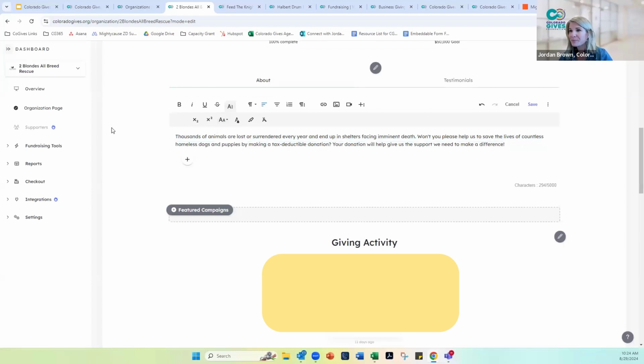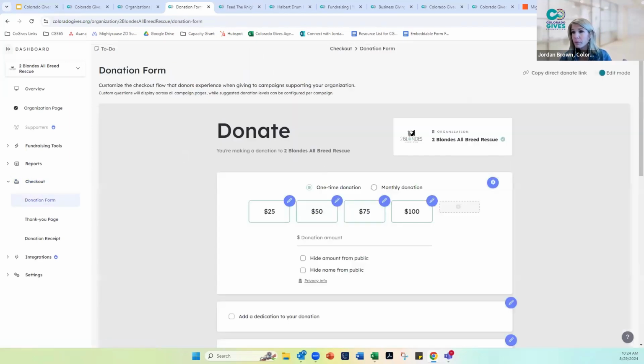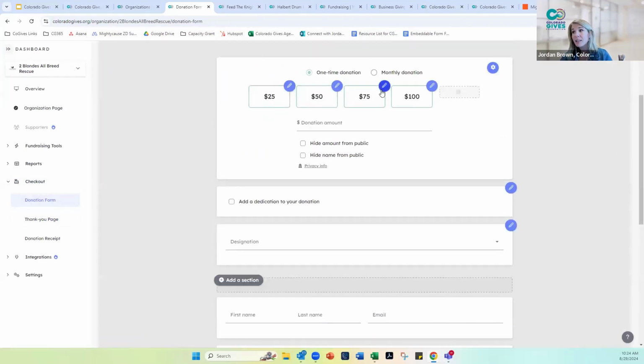All right. So let's head now to the checkout area. This is the other personalization that you should be updating. So we talked a little bit about this. There's the donation form that you can customize. I'll show you here within the donation form, you have the ability, in addition to those